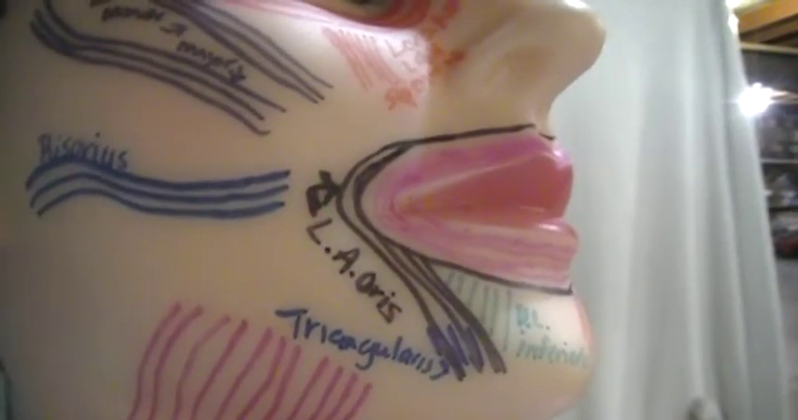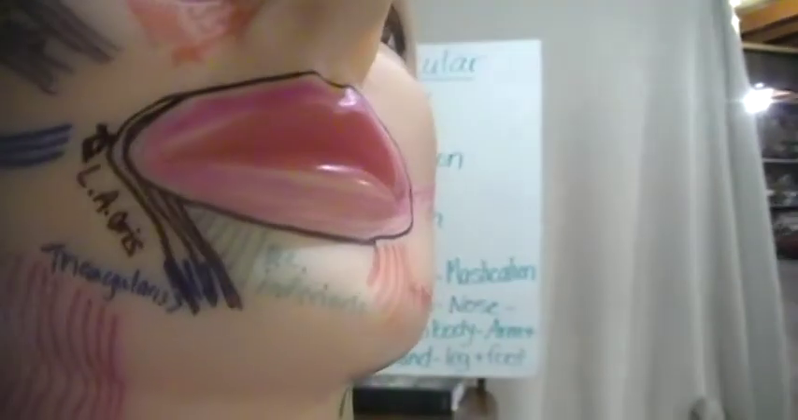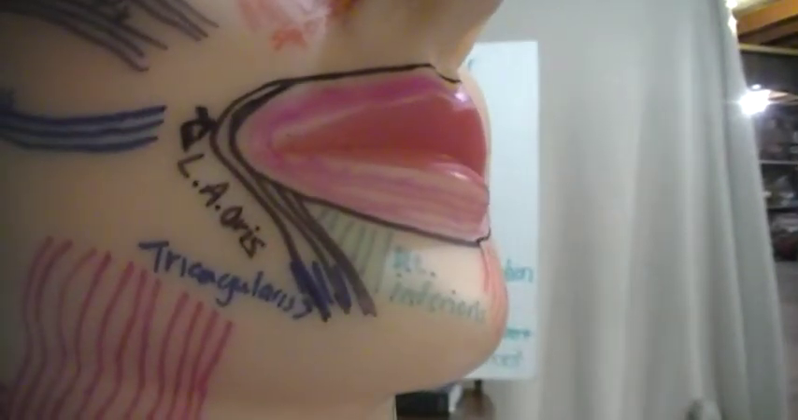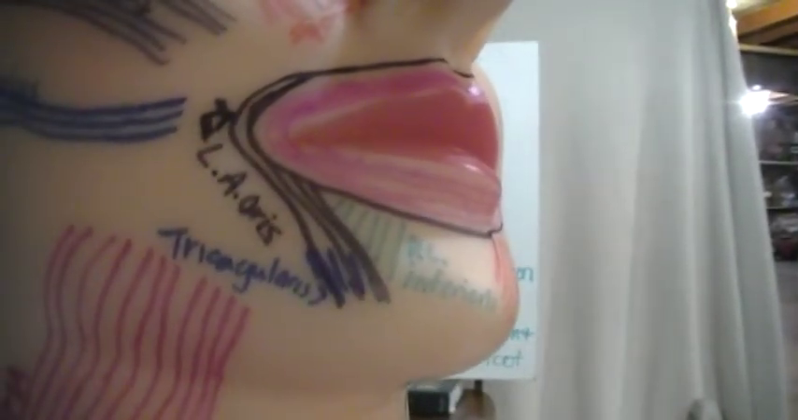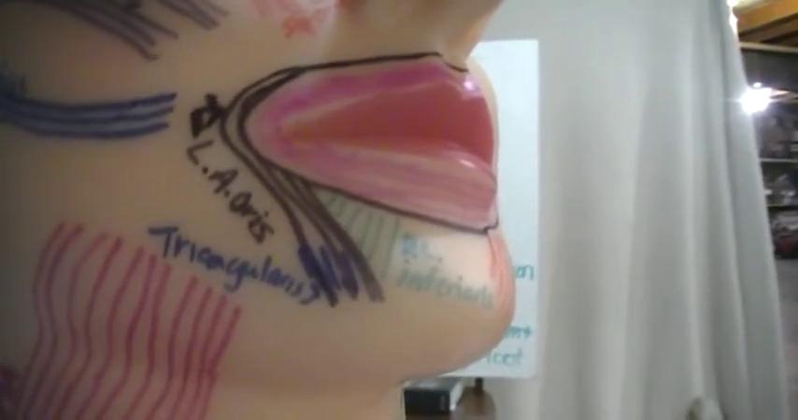Triangularis muscle extends alongside the chin, pulls down the corner of the mouth. See that in the blue there? A lot of these are overlapping because they're one on top of the other. So,